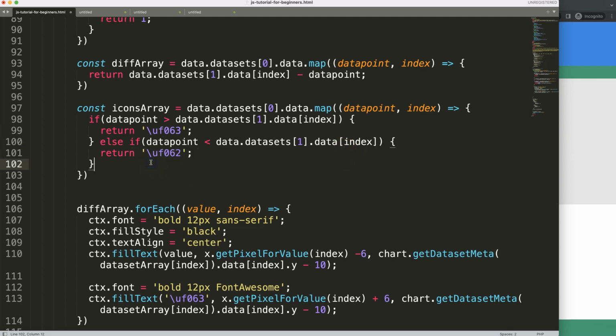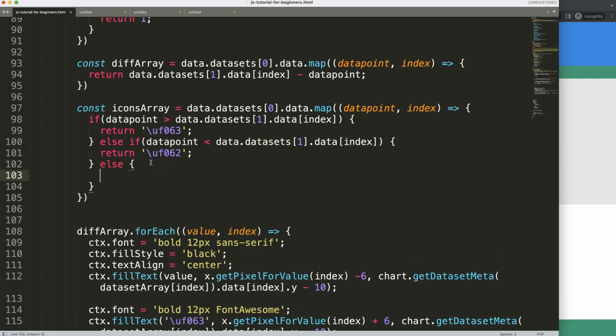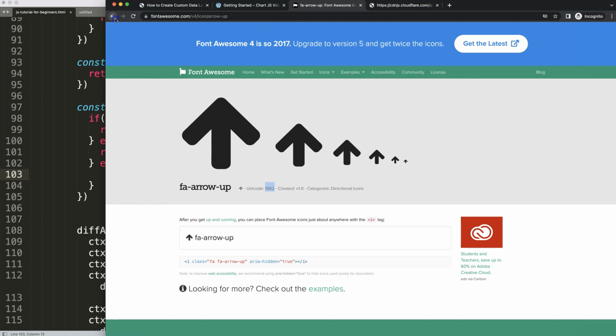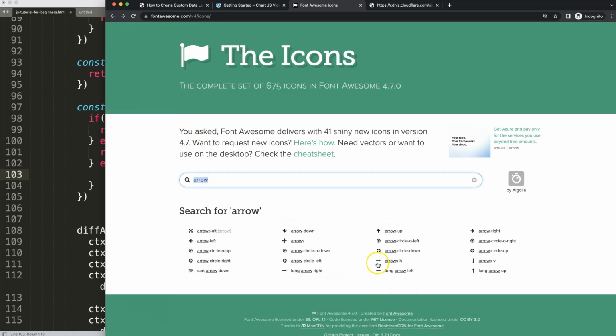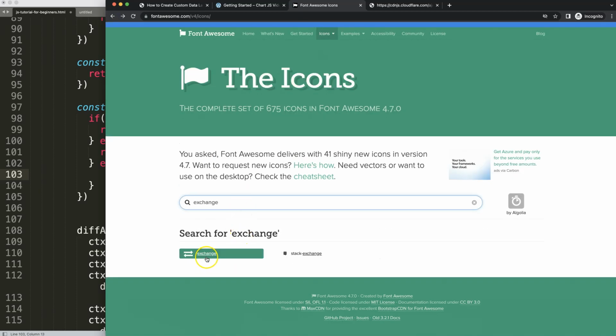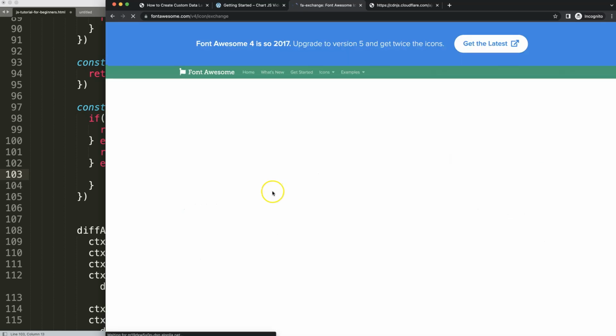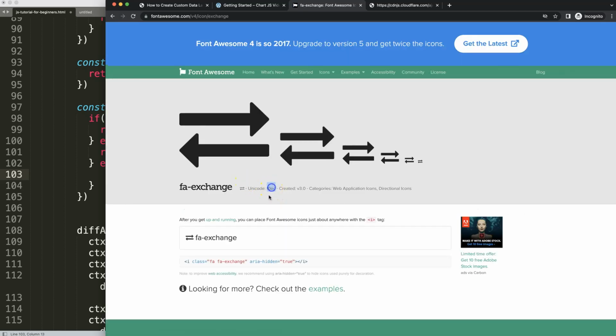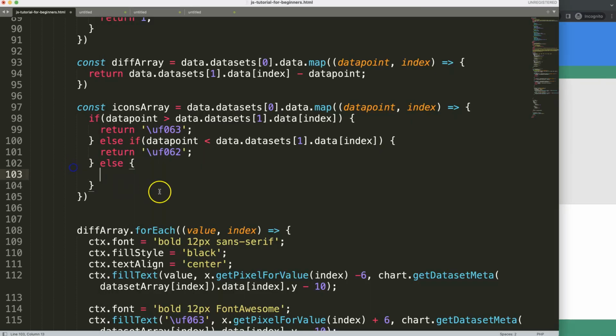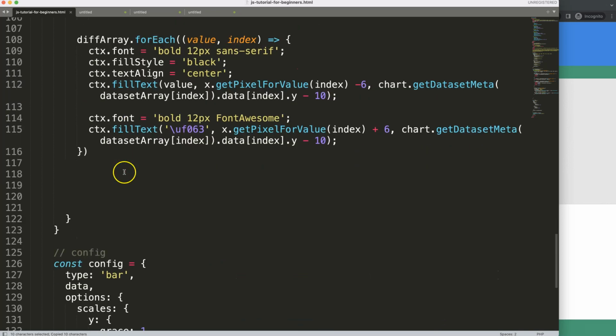Finally, we say here else, if it is just equal, so it's not bigger or smaller, in that case I want an equal sign here. Well, there's maybe something like this. I saw another one, I would just use that one as exchange. I think it's exchange, where we're going to say here the arrow is identical. I'm just making up or just grabbing something, but you can use anything you want, of course. So then say here return this \u Unicode. There we are. Save this, grab this array or this